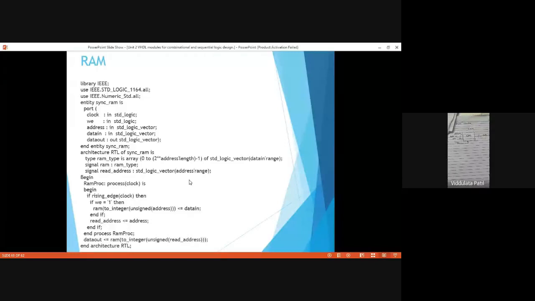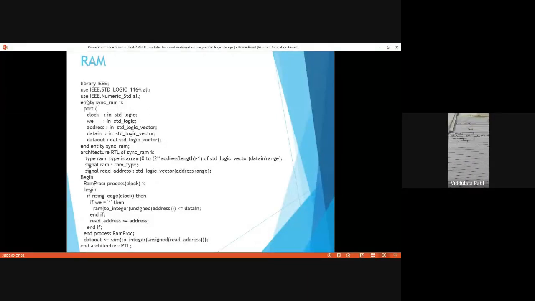So we have first the library declaration. The IEEE library we have declared, and added the package IEEE.std_logic_1164.all.